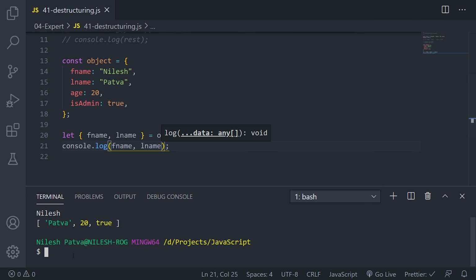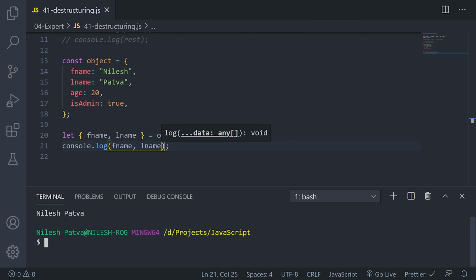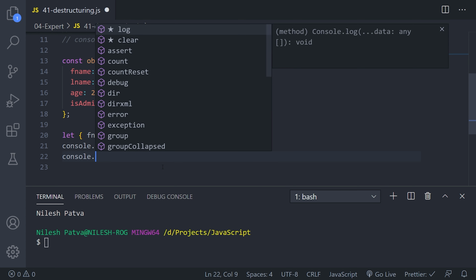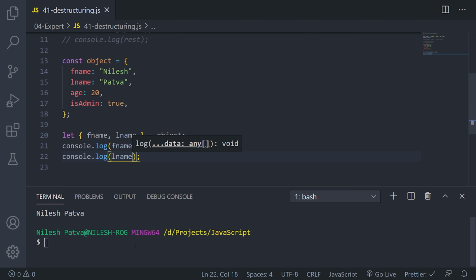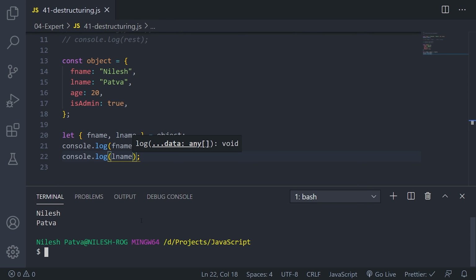So let us see, I'm printing on the same line. You can see Nilesh Patwa has been printed. Or if you want to understand it better, let me write on another line, console.log last name. If I run this, you will clearly see that both the variables have been assigned by destructuring. Here order does not matter because the same keys have been stored.